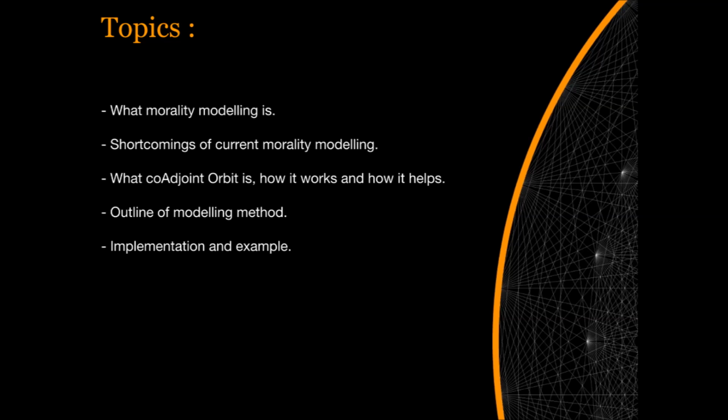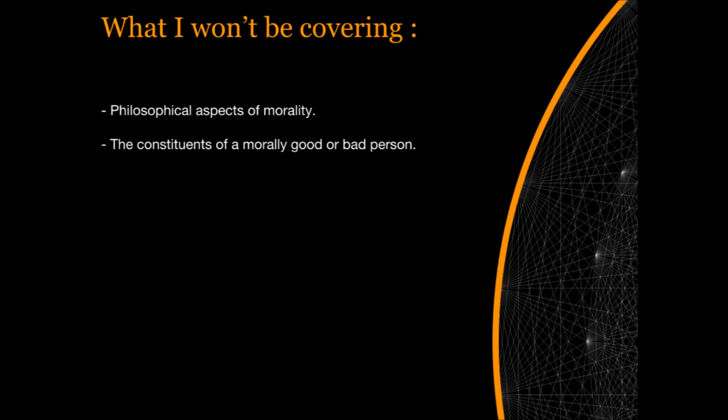seen in games such as Fable and Bioshock, how coAdjoint Orbit can perform morality modelling without some of the shortcomings of current techniques, along with an explanation of the software, an outline of the techniques we're using with coAdjoint Orbit to perform the modelling, and finally we're going to Unity to implement the model and test it out in a sandbox game environment. But before we can start, I just want to explain a few things I won't be covering